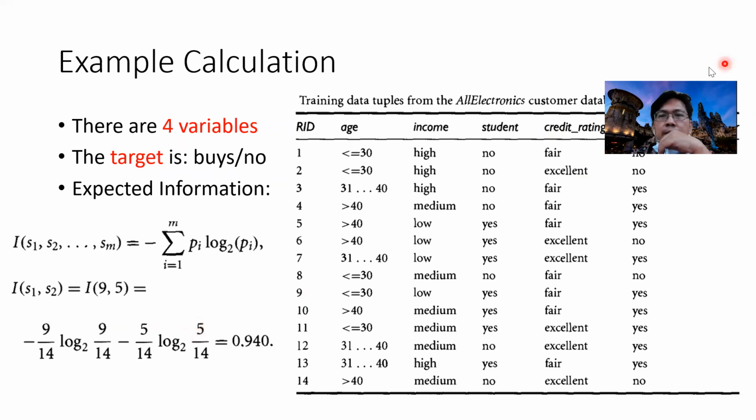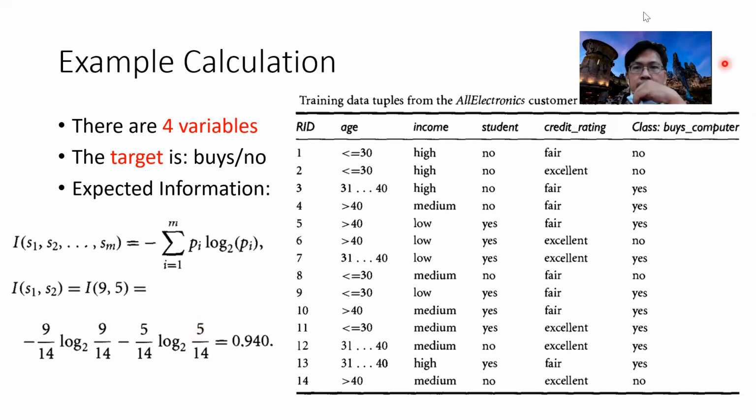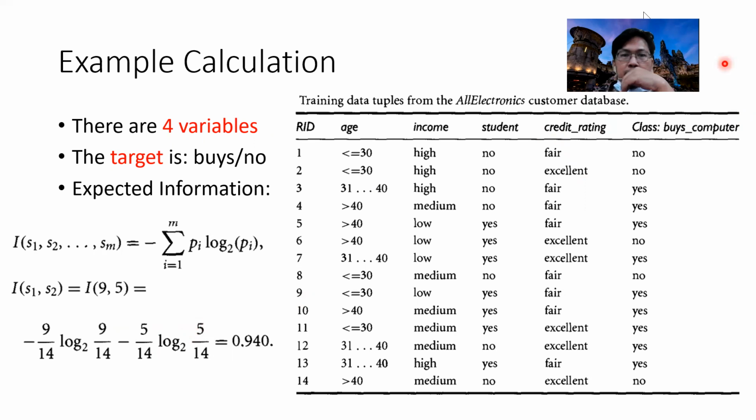Okay, we have an example. This is from the famous data mining book, the author is Han and Kamber. We see there are 4 variables, or 4 features in machine learning terms, with one target, buying a computer or no. No, yes, yes. And every attribute has classes. For example, income has high, medium, and low.